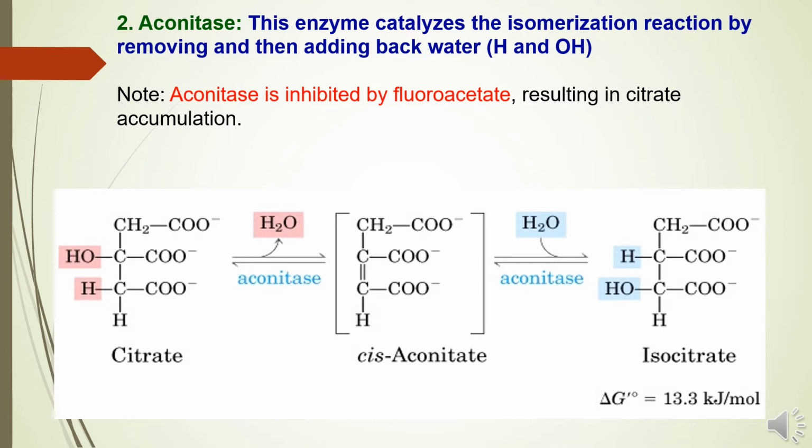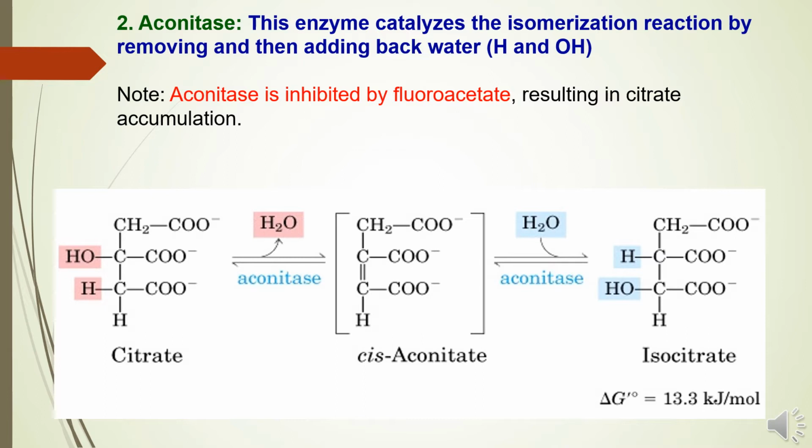First, with removal of water or dehydration of the citrate molecule, and then rehydration by adding water back. And the final product will be isocitrate. The enzyme responsible for this reaction is Aconitase enzyme. This reaction is reversible